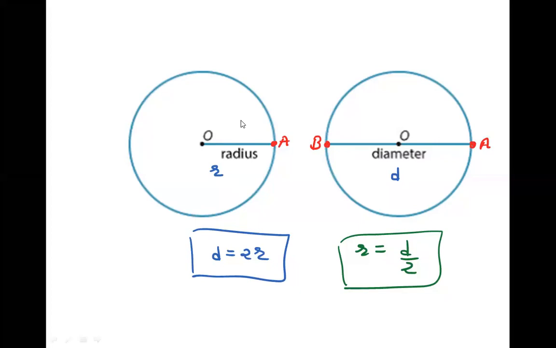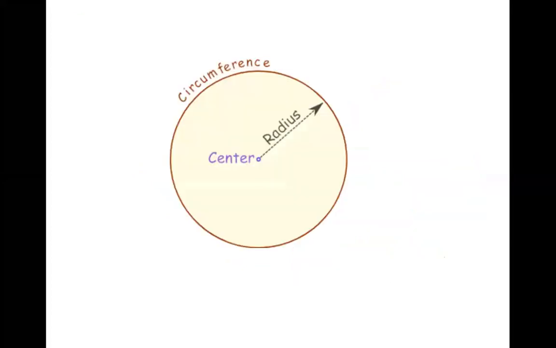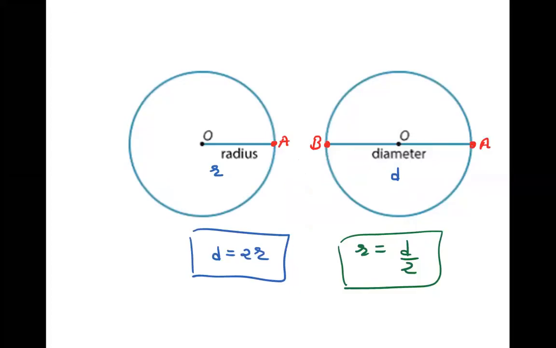So you must remember the relation between diameter and the radius. Now moving on to the next one. This is your relation, the diameter and the radius. D denotes diameter, R is the radius. So the first formula we derived here is the relation between diameter and the radius.